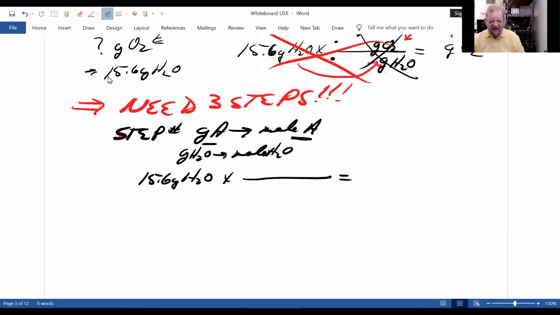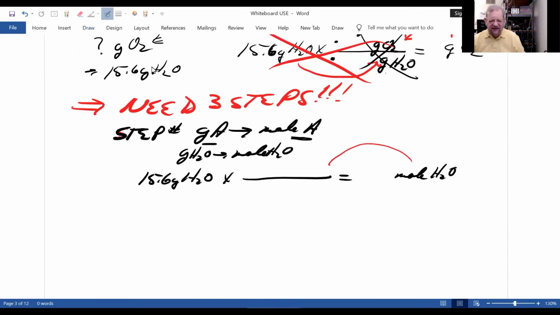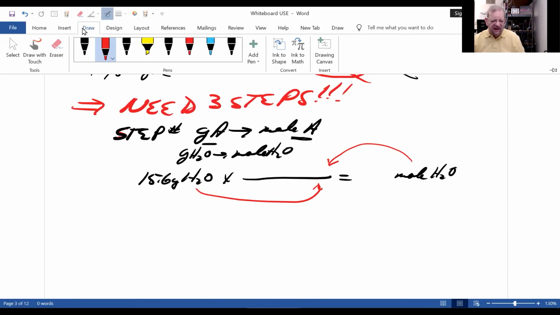We use our good buddy, our good friend, unit analysis. We want to get the moles of water. And using unit analysis, whatever we're trying to get to goes on top. Whatever we're trying to get rid of goes underneath. And here we have moles